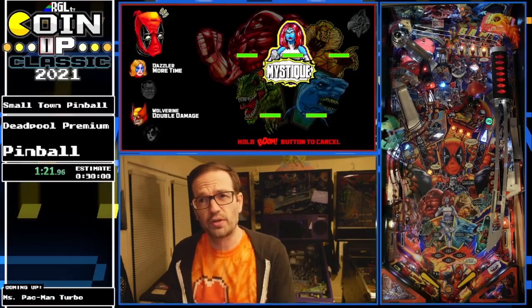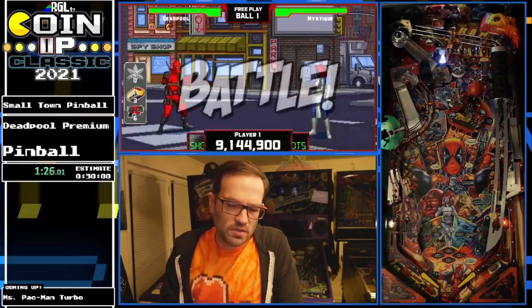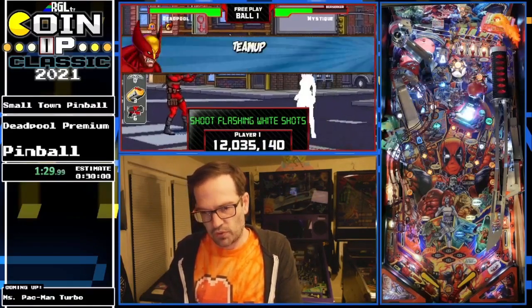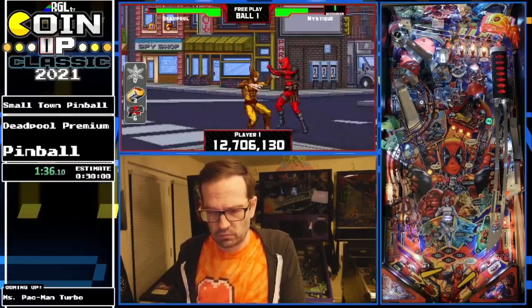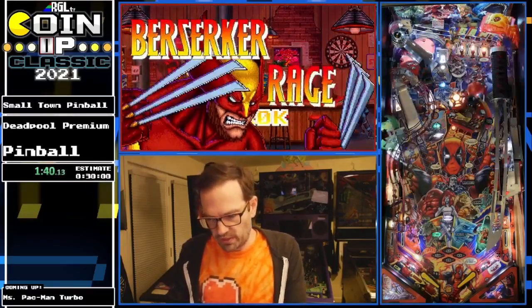So we've got Wolverine double damage and Dazzler, who will give us more time, and Mystique should be pretty easy to defeat with our extra damage here. So 1 shot and we come in on screen and kick a little crap out of her with Wolverine. We wait,